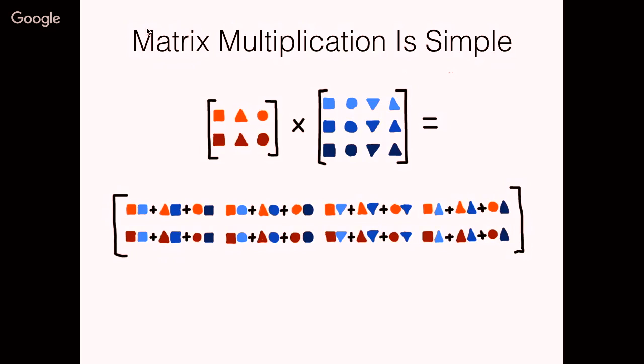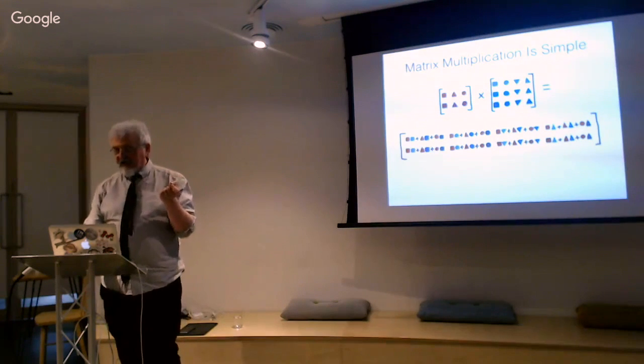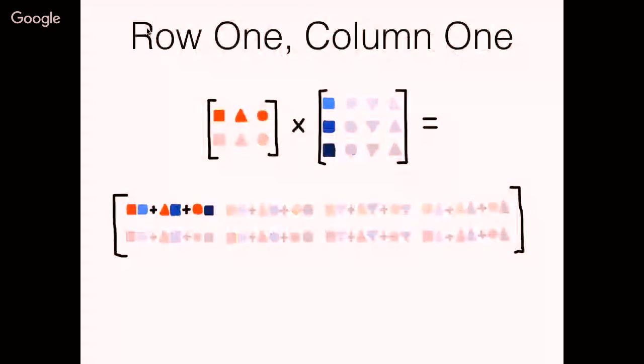Shall I say that 3 or 4 times? Because I'll show you exactly how it works. All the explanations I've ever seen on paper of how you do matrix multiplication are incredibly confusing, whereas in fact, it's just kind of like a picture that you have to get in your head. And the picture is this. What you're going to do is take the first row on the left and the first column on the right, and then you're going to put the result of doing that into the first row and first column of the result.